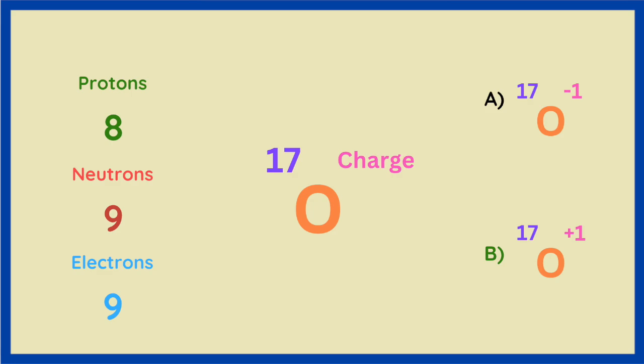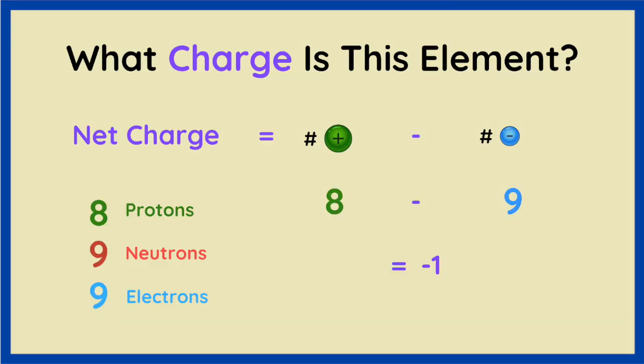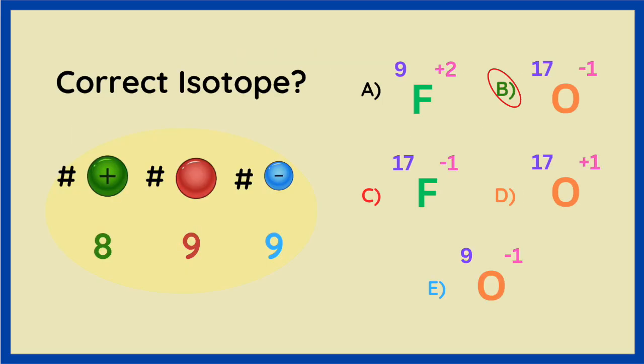how do we find it for our isotope of interest? Charge of an element is going to be protons minus electrons. We ignore neutrons because they don't contribute any charge. 8 protons minus 9 electrons means that this isotope of interest has a -1 charge. And charge goes in the top right corner, so the correct isotopic notation for this combination of subatomic particles is